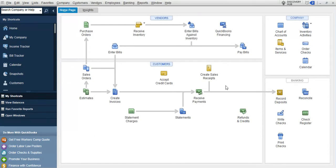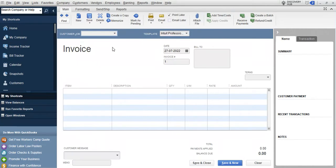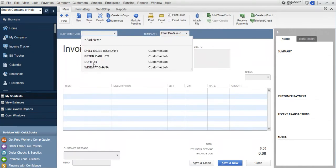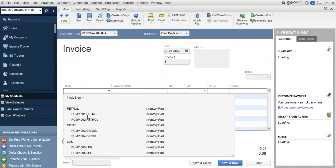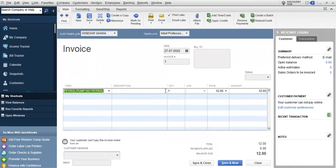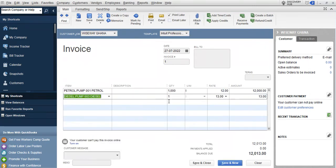So let's say we now sell some of our fuel to our customers, either on credit or for cash. If it is on credit, I'll just create an invoice for the person. So let's say I'm doing a credit sale of fuel to one of our customers, Wiseway Ghana. What product are you selling? I'm selling petrol from pump 001, let's say 1,000 liters. Then also some diesel from pump 003,